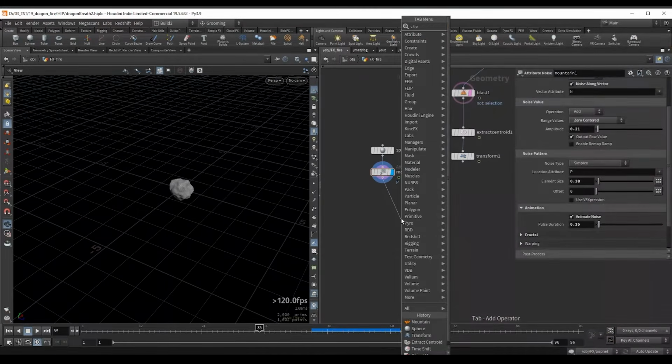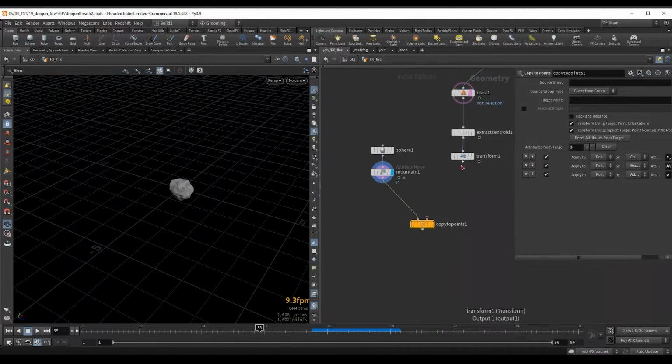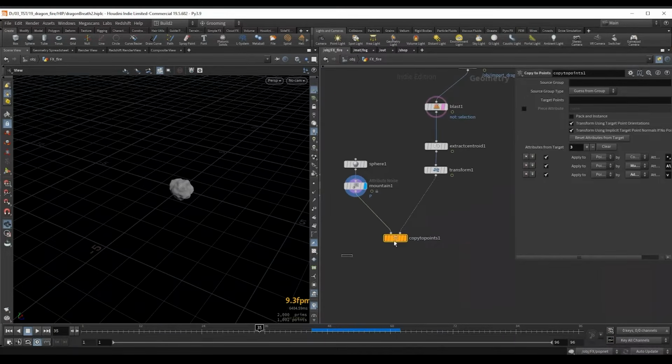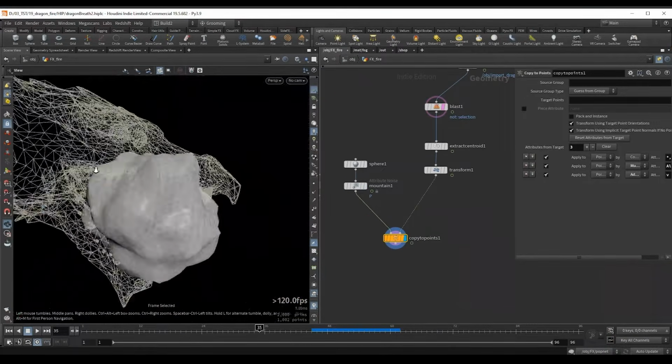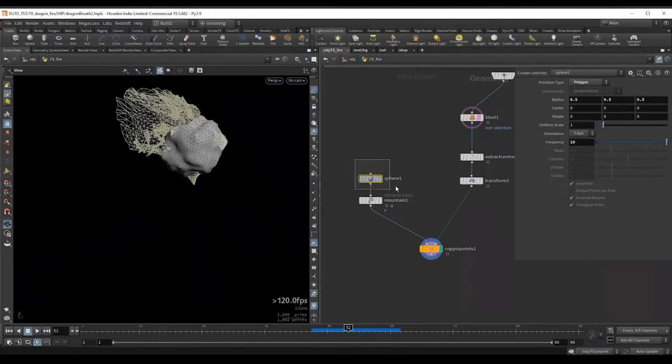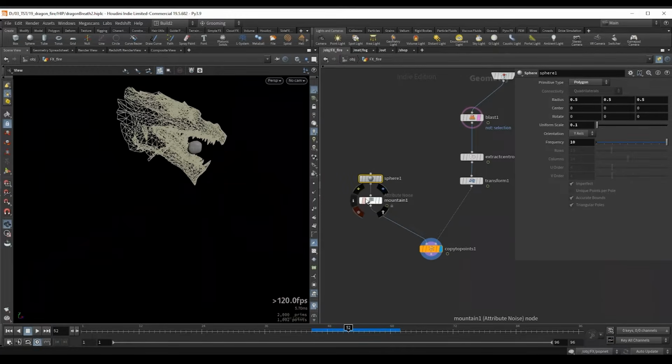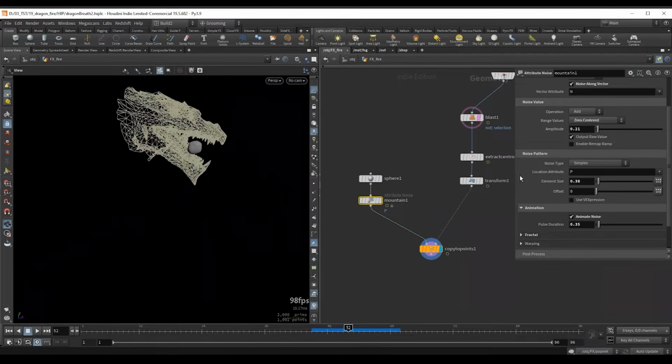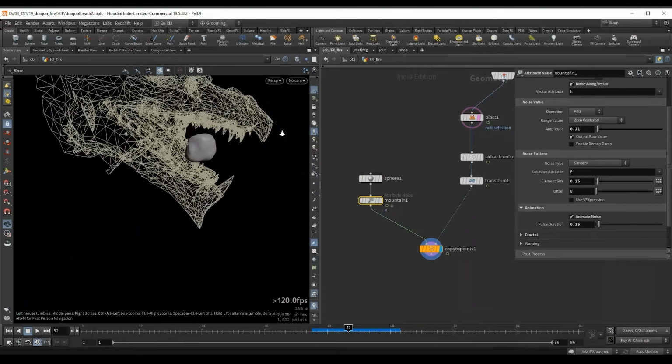So now in order to tell what size we need for this sphere, let's go ahead and just copy 2 points and point this to our centroid point over here, so the one we just found. And if I go to the result, this is now sticking to our geometry, and I can probably say that we can reduce the source scale here. Let's try maybe 0.1, and now I can go back to my noise. Let's reduce the noise as well.